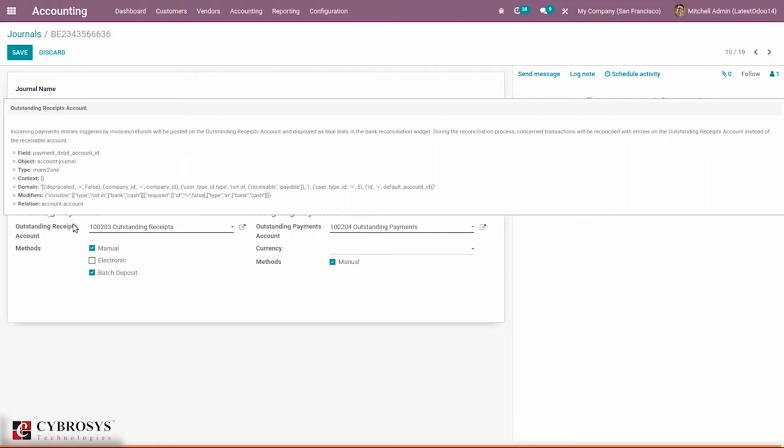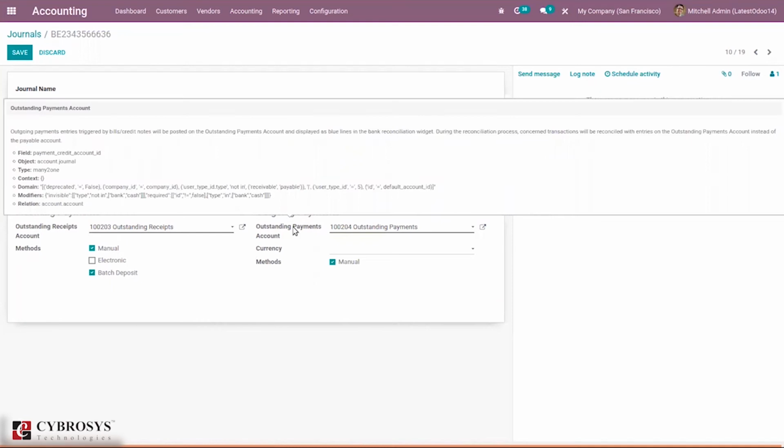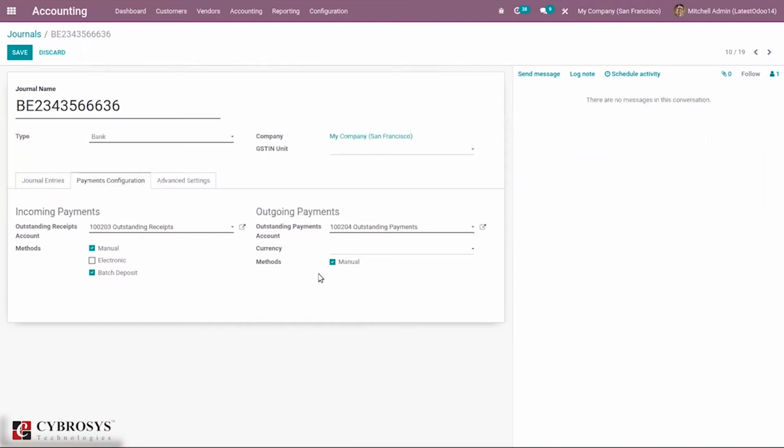So during reconciliation process, the transaction will be reconciled with entries on outstanding receipts account instead of receivable account. And in the case of outstanding payments account also, the amount will remain in this account before reconciling the vendor bill or credit note.